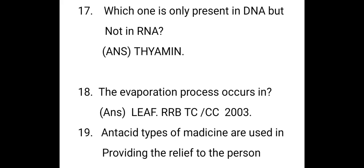Uracil bonds with adenine, while cytosine and guanine pair in RNA. Uracil is bonded to adenine via two hydrogen bonds. In DNA, the uracil nucleobase is replaced by thymine. Uracil is the